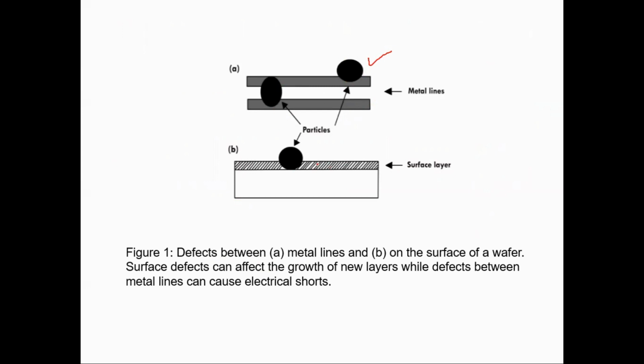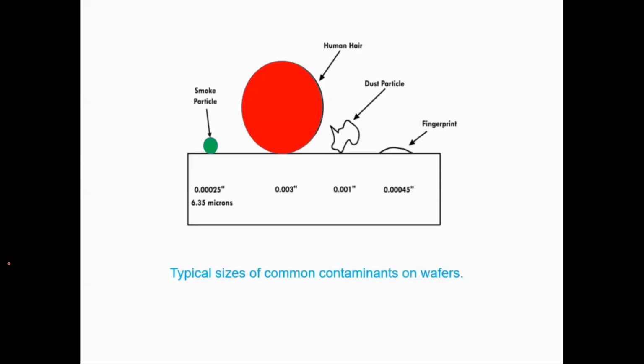Similarly, if you are getting a conductive particle overlapping your two metals, this is actually shorting the two things. Sometimes this is your oxide layer, this is your top, and this is the base substrate. If some particle is in between, it is actually shorting the top layer with the bottom layer, and the surface gets penetrated. So that is the problem with contaminants. These are to be minimized when you are working in a clean room.